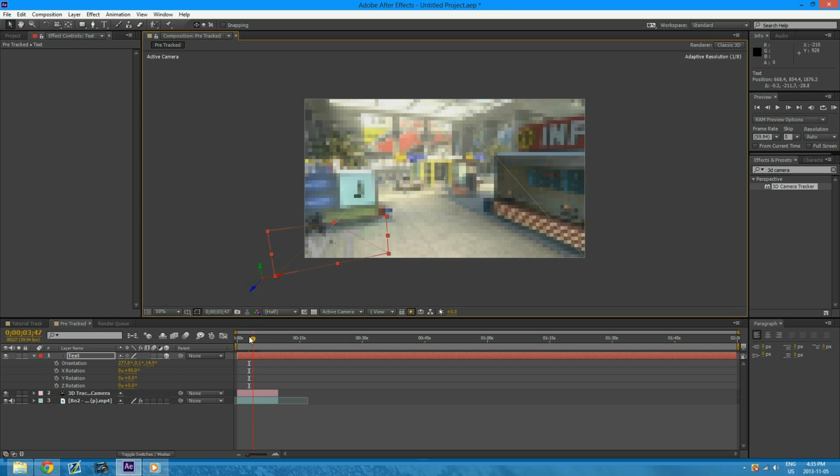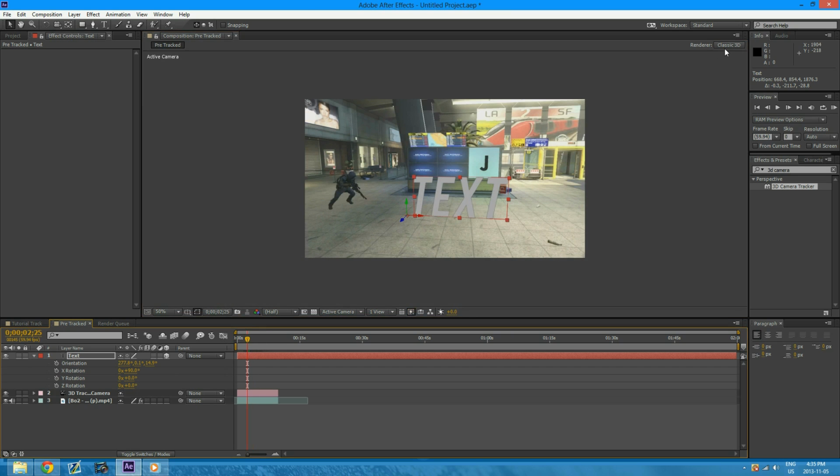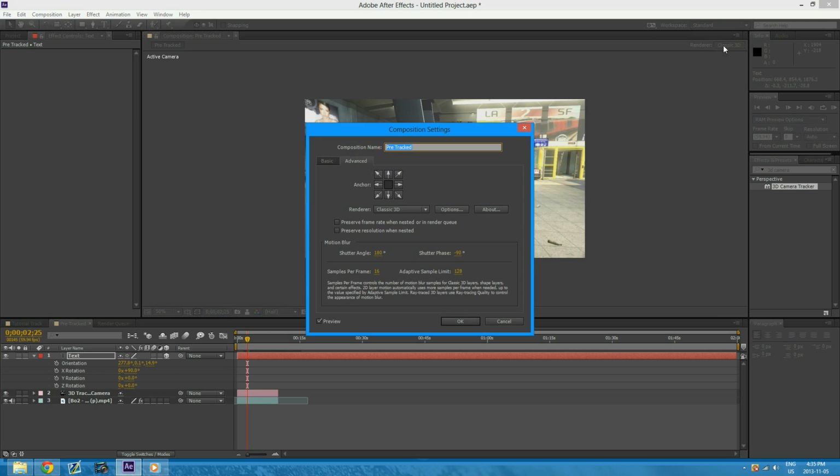But you guys want to know how to make it 3D. So what you've got to do is come up to the renderer. It's on Classic 3D, and you change it to Ray Trace 3D. And this might take a little bit. I've never really tried to count how long it takes, but Ray Trace 3D takes a lot longer